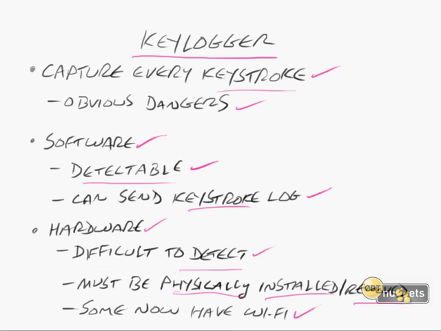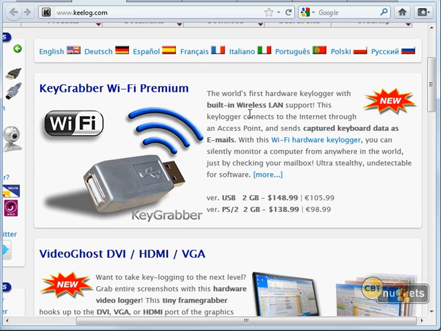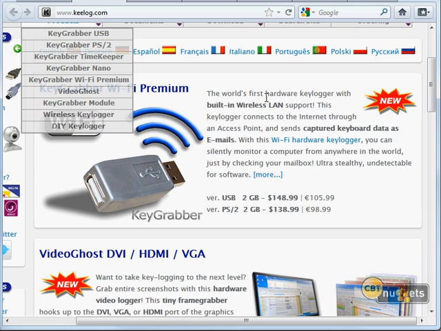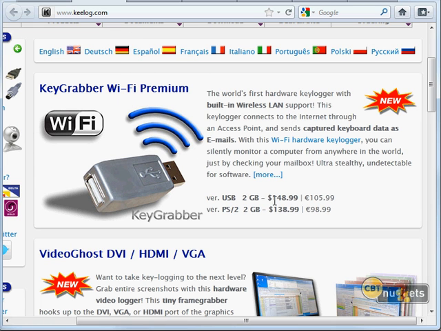Let me show you this one. I just found this. I've never used their product before, but it's kind of ingenious at keylog.com. I think they're from the UK, judging on the prices I'm seeing here. Anyway, what we have going on here is you can plug this into an open USB port, maybe at the back of the user's computer, and it uses a Wi-Fi signal to send out the keylog. Okay, this is done through an email address. It sends the data as emails. And the advantage of this is you never have to return to pick it up.